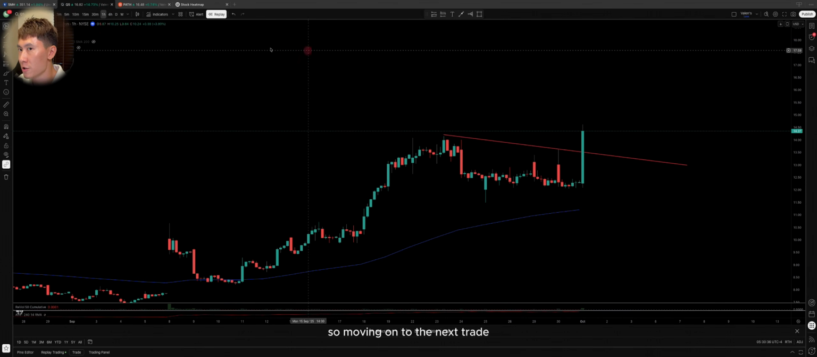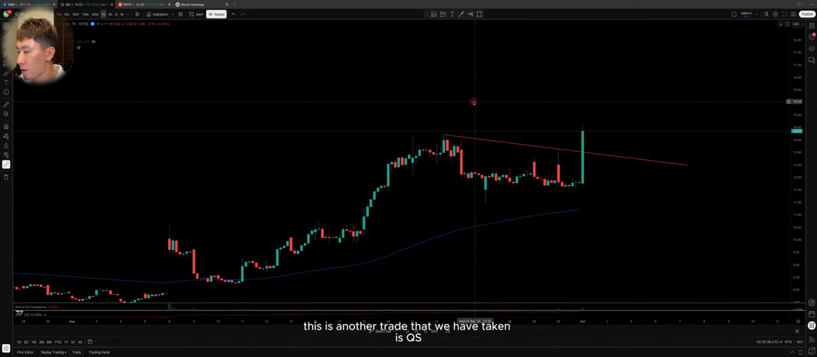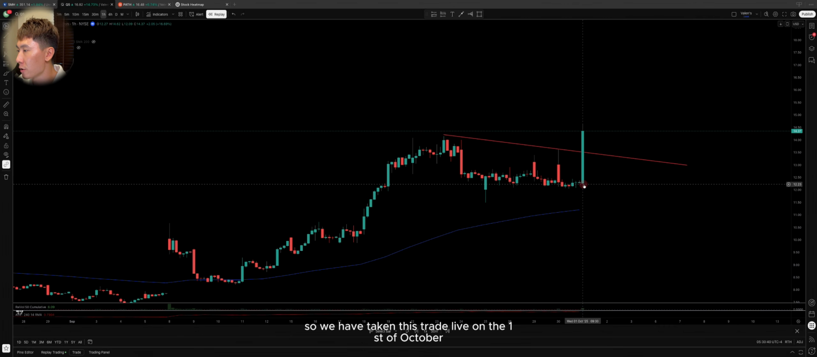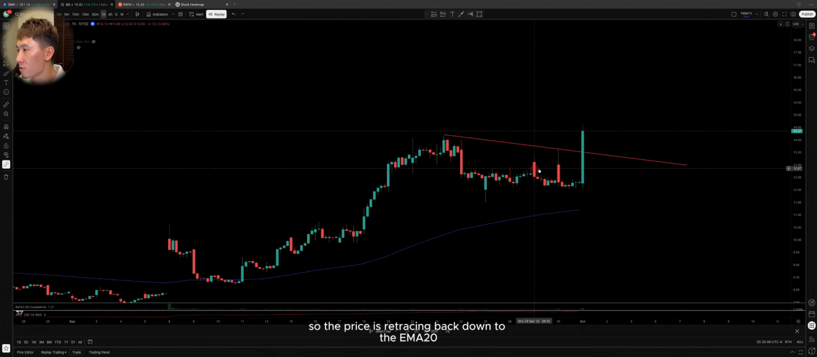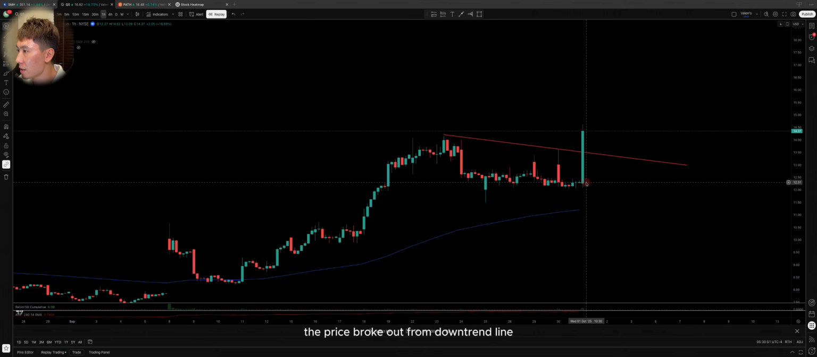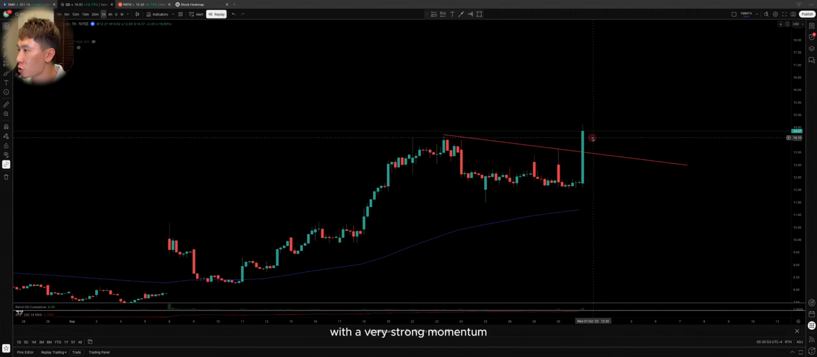So moving on to the next trade, this is another trade that we've taken, QS. We have taken this trade live on the 1st of October. As you can see, similarly, the price has been above the EMA 20 for more than 3 days. So the price is retracing back down to the EMA 20. We draw a downtrend line, and eventually, the price broke out from the downtrend line with a very strong momentum